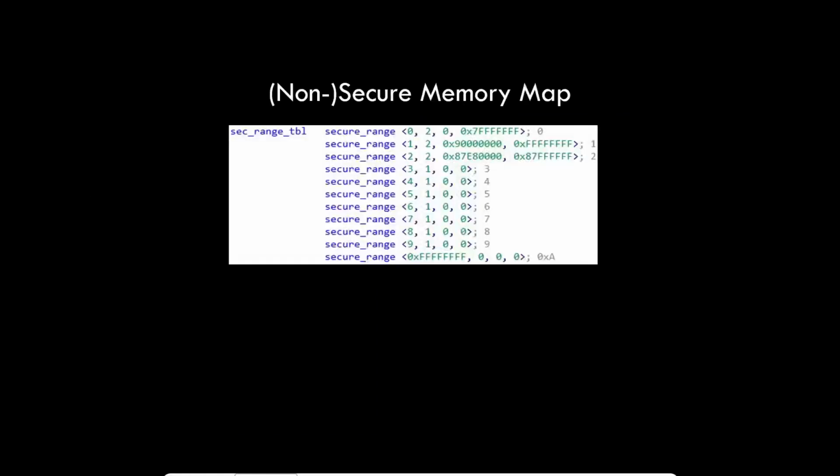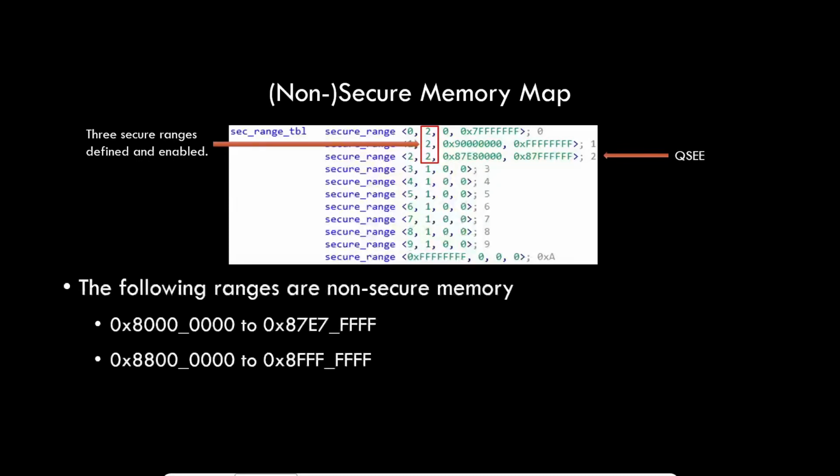So the map that we found in memory for our device is pretty simple. All the secure ranges are defined and they are all enabled, so bit 1 is set. And what you see here in this range is actually the QSEE memory map. It's a contiguous memory range. So if you pass a pointer to those functions to write to QSEE memory, the is-allowed-range check will say, hey, this is not good because this range is enabled, and it's going to identify the range that you passed as something which is not good enough.